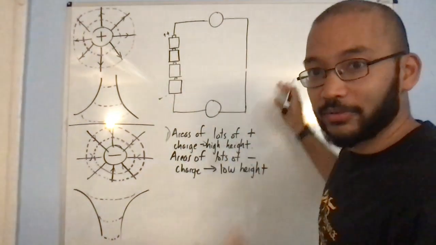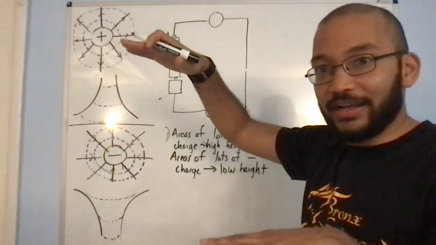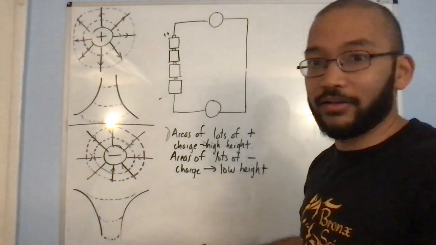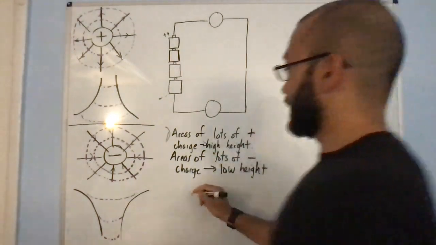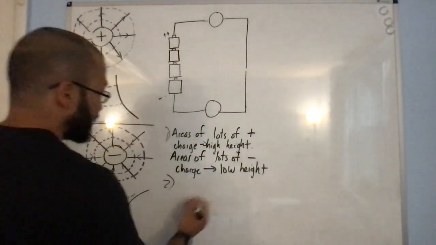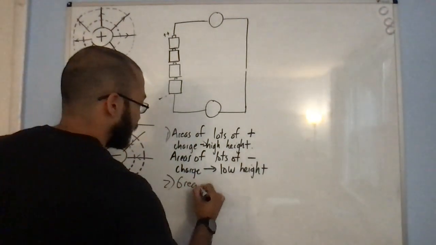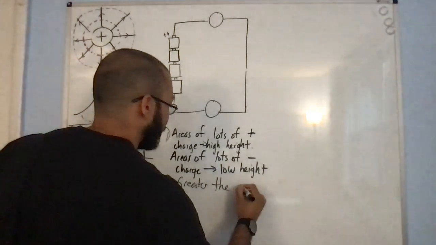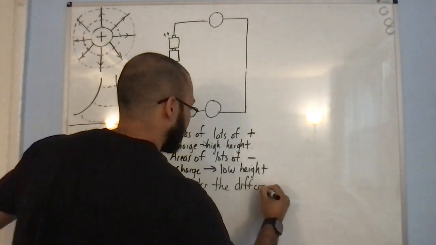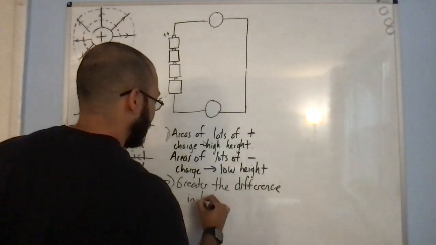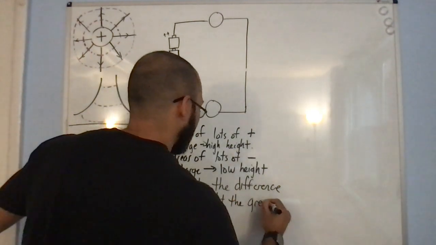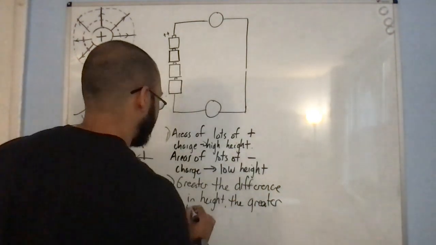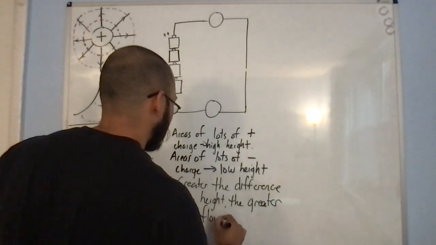And why am I getting flow? It's because when I have an imbalance in height and I put a charge there, it's going to want to go from high to low. That's the power of this analogy. So the second thing that I'm trying to suggest is that the greater the difference in height, the greater the flow